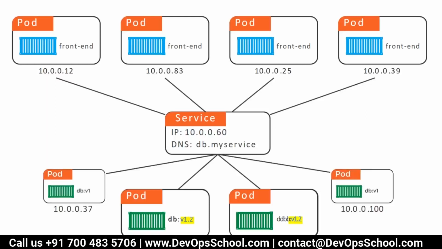Now here if you look at this, all the front end is talking to the service. But the service has a problem. The service has 2 pods which are with the V1 and 2 pods which are with the V1.2. In a simple way, if you log into your Gmail, today, just now I logged in and I see 50 emails, and just after 2 minutes you log in, you see 100 emails. Will you accept this behavior? Of course not,